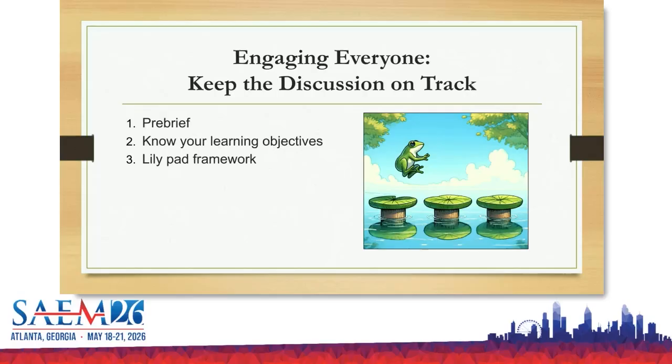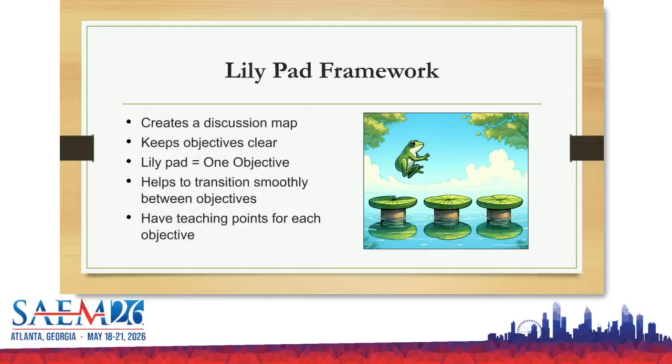Everybody to be participating, and that participation is really how you succeed in this area. So that pre-brief is really great, resetting those psychological safety boundaries. Knowing your learning objectives is huge because many of us have created this little visual representation called the lily pad framework. It's just a visual thing. I don't think you're going to find this anymore. But this is often how many of us are visualizing moving through a small group. So we wanted to share that with you.